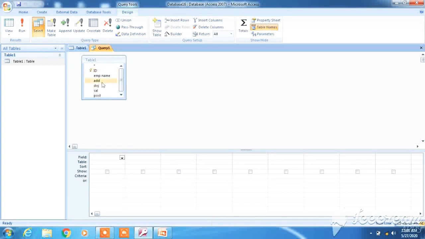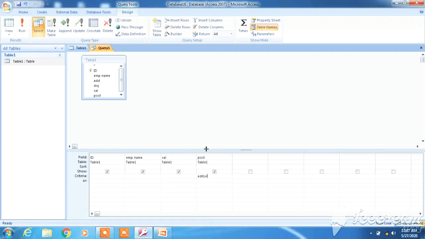Here we will select the fields which we want in our query. Selected information will be displayed in the query output. Suppose I want ID, employee name, salary of those employees, and post, right? I selected these 4 fields, and the post I want is editor. Only editor should be displayed there, right?